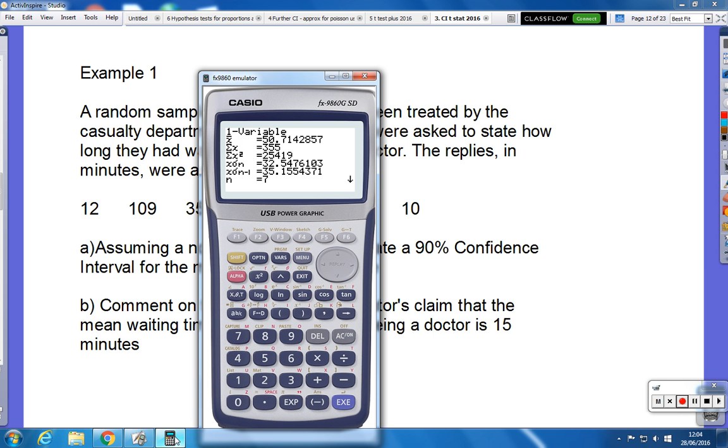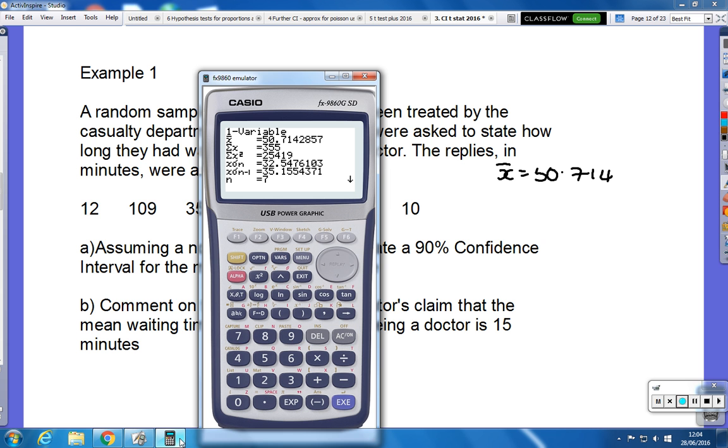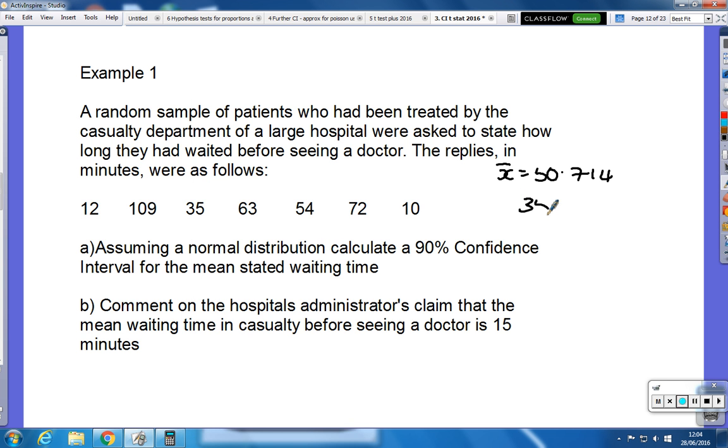Right, so I've got x bar is 50.71, I think it was. And sigma, which is this one here, is 35. That seems right. 35.16. That must be that. Does seem very large. Right, so